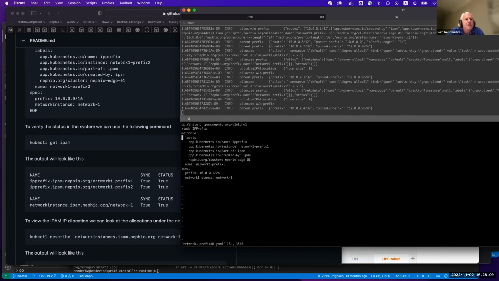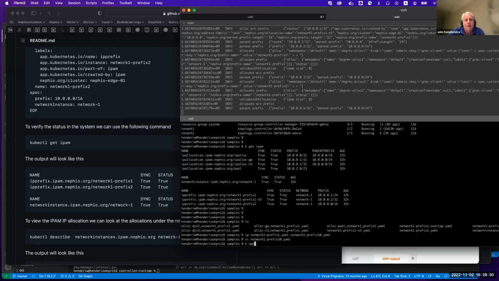You have to change the name, of course, because that's a unique key. And if you want 192.168.0.1, part of network 1. And if you do kubectl apply -f of this prefix YAML,